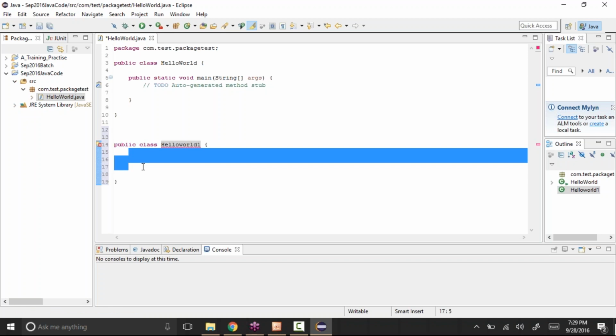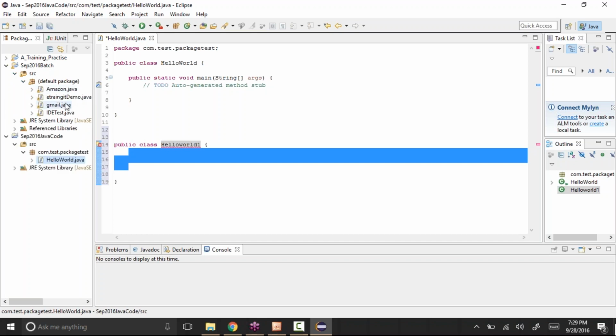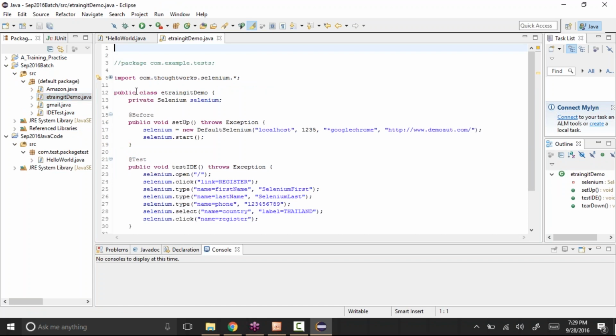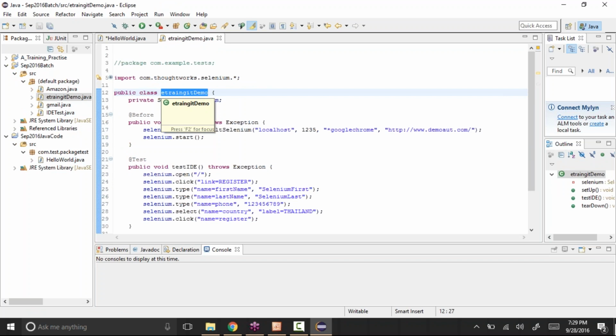We will have some methods, like functions, or whatever we want to perform, and we can write the code here. Even if you take the last class file, let me open that, this etrainingitdemo.com. See, it created a class here, and even when we converted from there to here, we created a class: etrainingitdemo.java and etrainingitdemo, whatever the class name is.